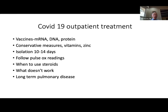You don't use steroids early because it isn't going to make a difference if you use them early in the course. There are a lot of patients who are going to get well anyway, so there's no sense in putting somebody on steroids if they're going to get well. We know that